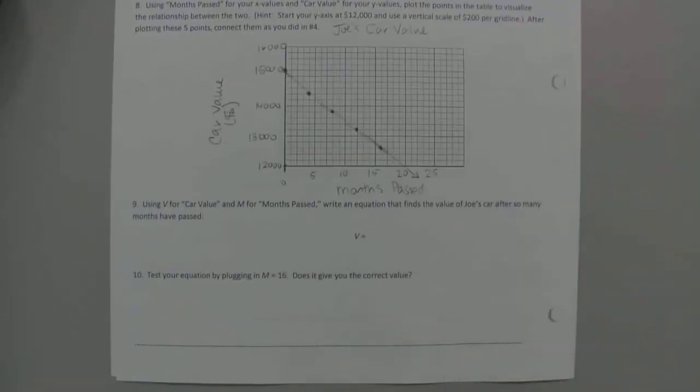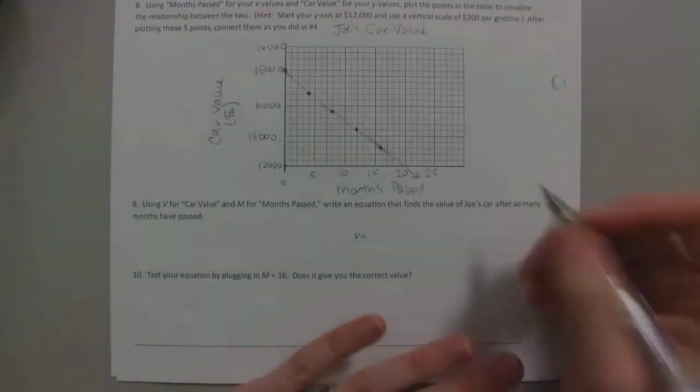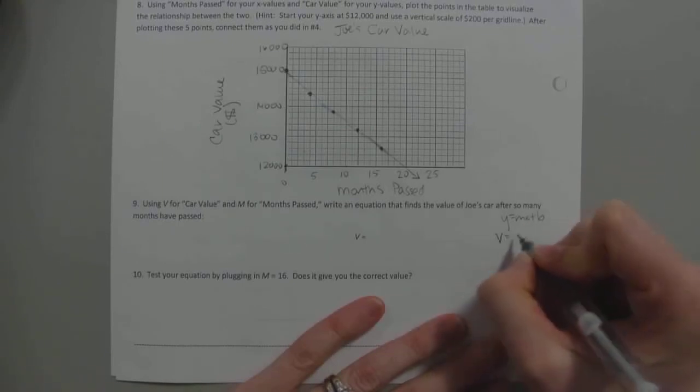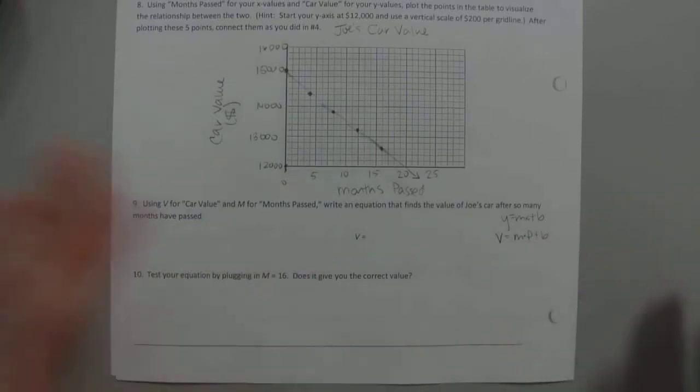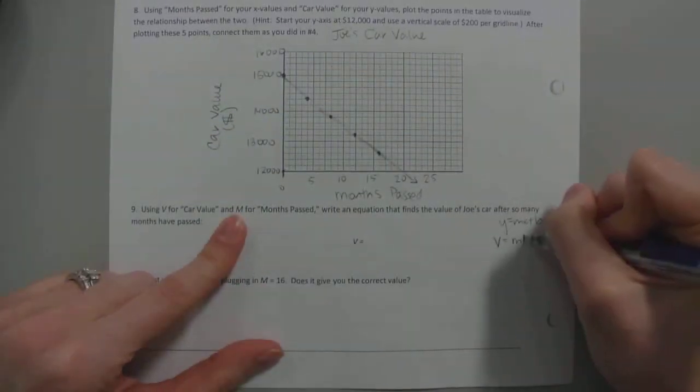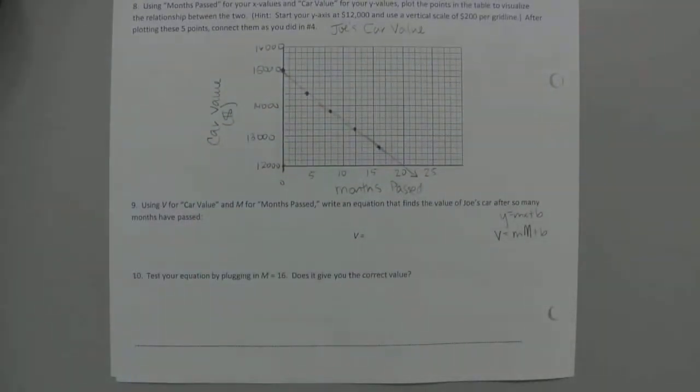Can you come up with an equation for the line? You sure can, guys. All we're going to note is that this slope we already found up here. As every month passes, our value is going down 150. So we're going to just keep the negative with it. But we can't forget what it started off as initially. So instead of y equals mx plus b, we have V equals M times P plus b. Okay? Because P, oh no, big M. Sorry, how confusing can that be? For the months past,